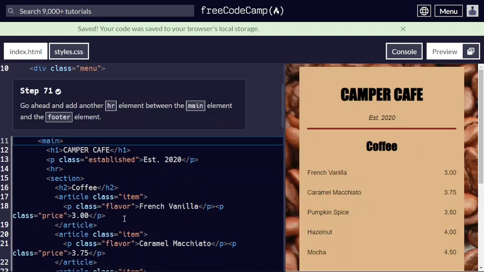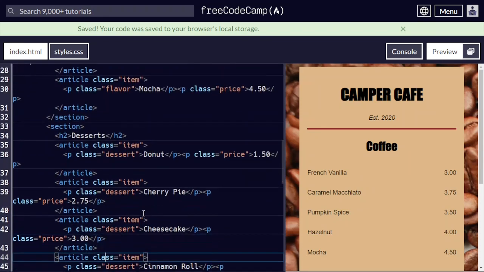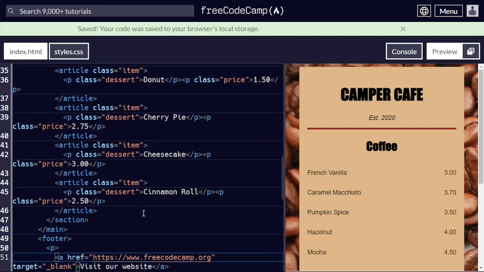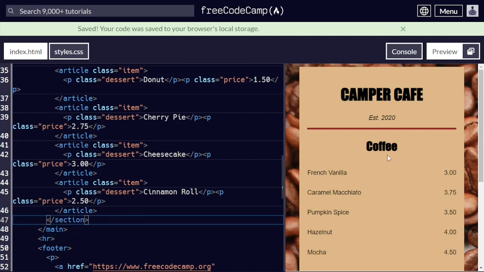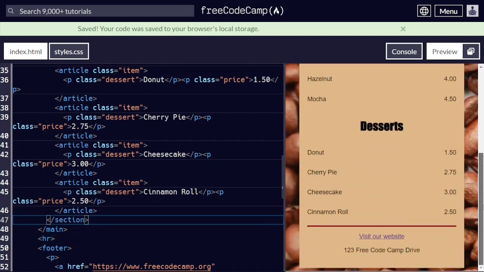That's it. Now step 71. So what it is saying, go ahead and add HR element between main and the footer. So we have to add another HR in here. Okay, HR. Now remember, this HR will also be having similar CSS properties as that of the first one, so we don't have to make some changes for it specifically. That is the use of